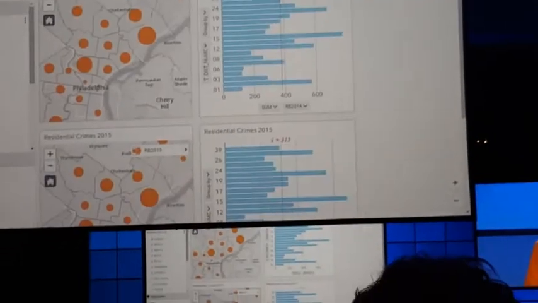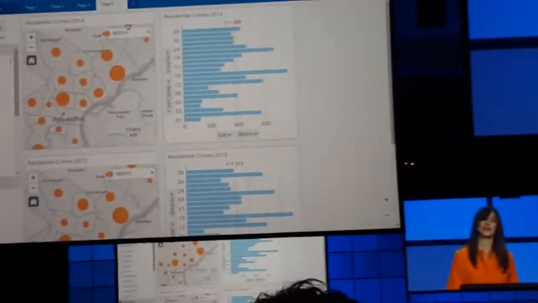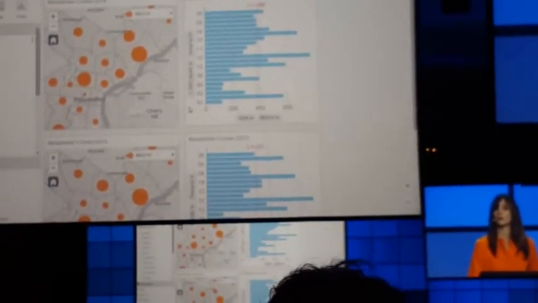If I repeat that analysis for both 2014 and 2015, you'll see by looking at the maps side by side together with the charts, we can immediately pick out the patterns. We can see that District 15 always has the highest number of crimes in both years. But here's the interesting